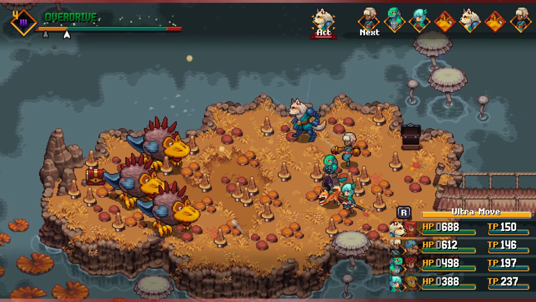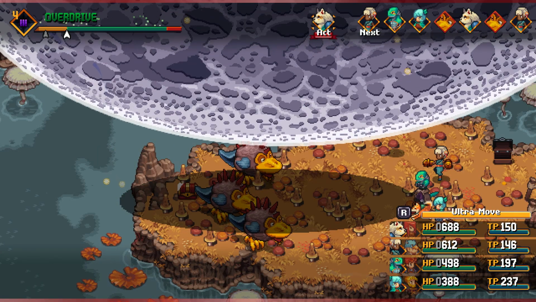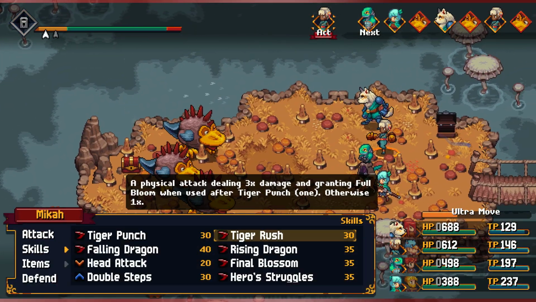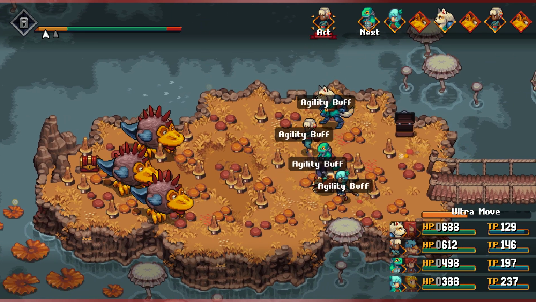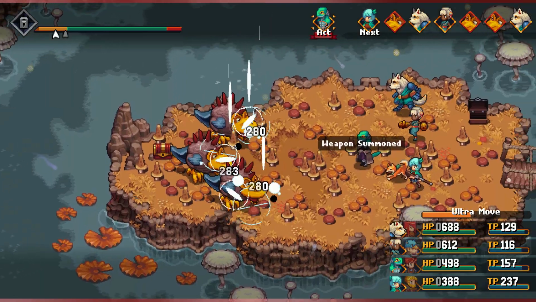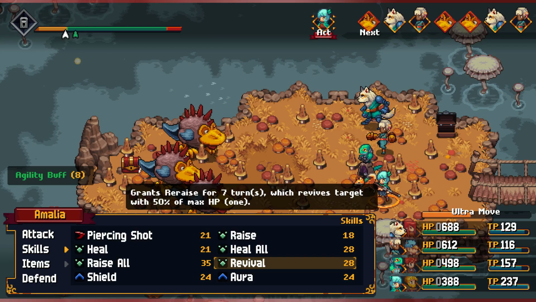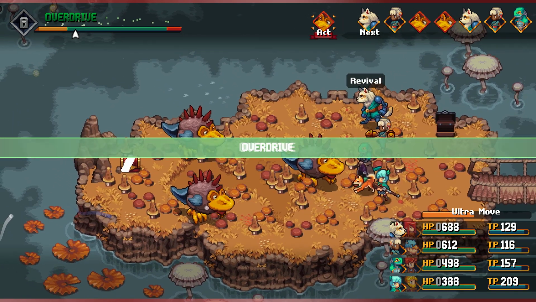Okay, I'm gonna lose my overdrive. That's fine. I need to set up to start killing them right away. We didn't get a violent charge, I think. That might be a problem. Alright, Amalia set up revival on... Listen, we just have to go for the DPS. If we...